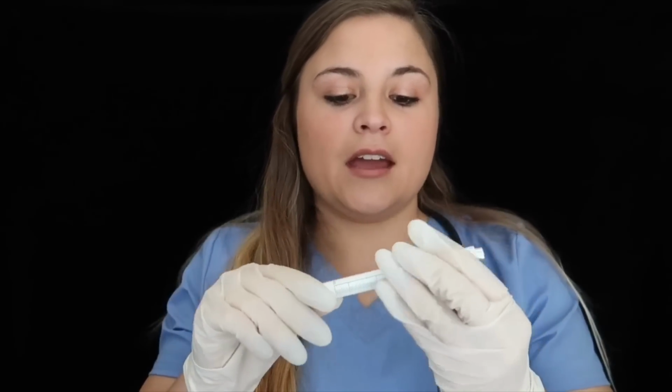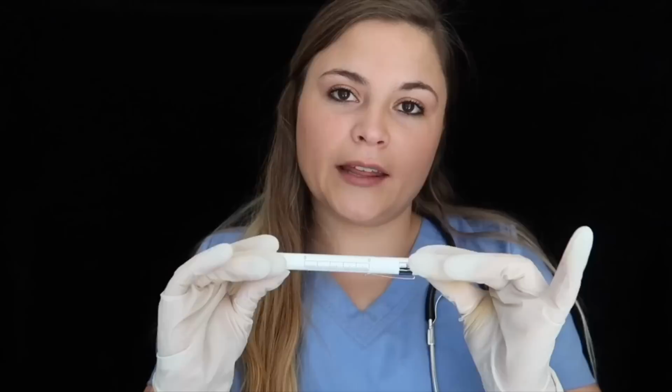So gloves are on, and I think what we will start with is the vision first, because there are more tests with that than any of the rest of it. So I want to get out my light here, and this is somewhat of a bright light, so I will be shining it in and out of both of your eyes and then up and down. So just bear with me, it'll only take a few seconds, and I'm just going to come into this eye first and kind of make sure that your pupils are dilating correctly,